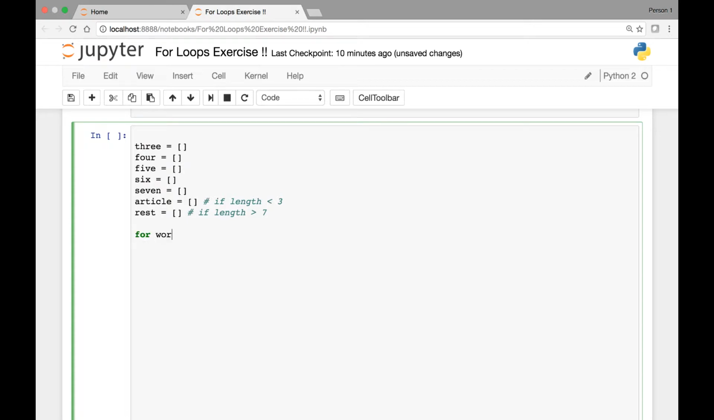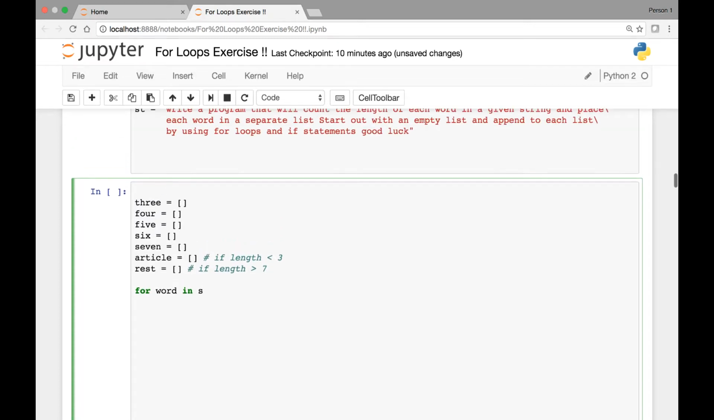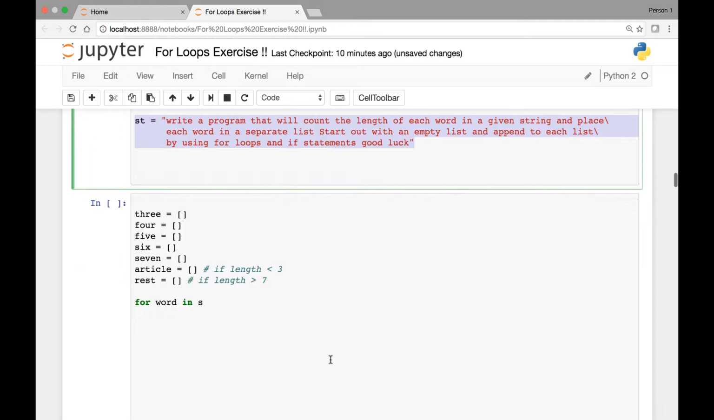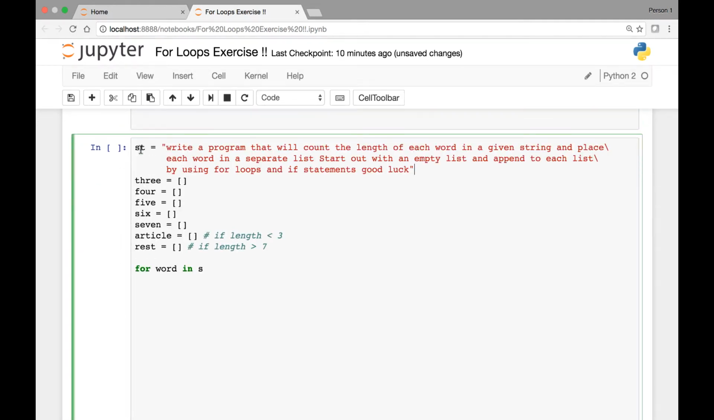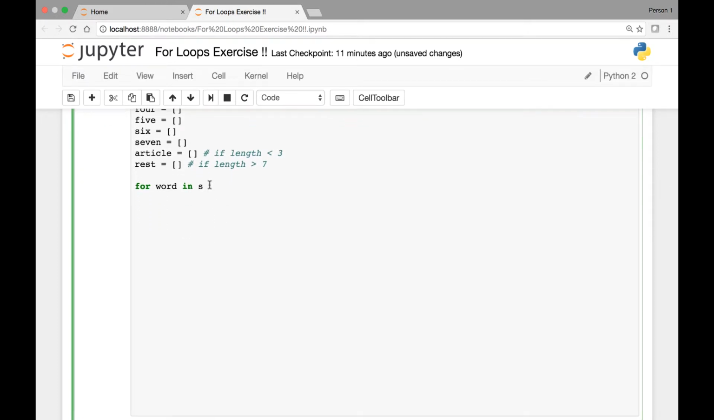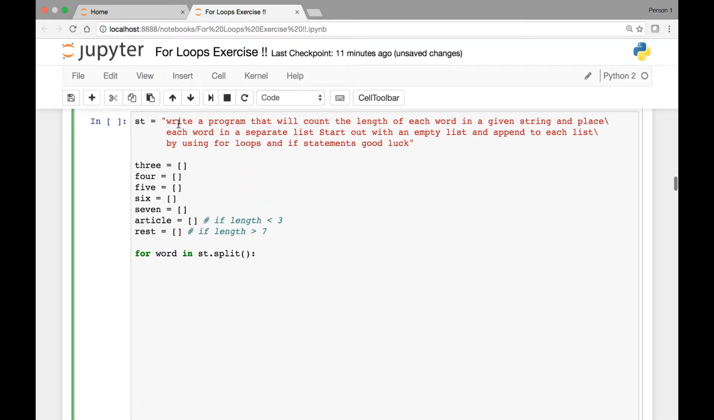We can say for word in our string, what did I name it? st, right? Okay, let me copy this, paste it here. So we can say for word in our string st. So we'll use the split method on it. For word in our string that split. So for each of the word,